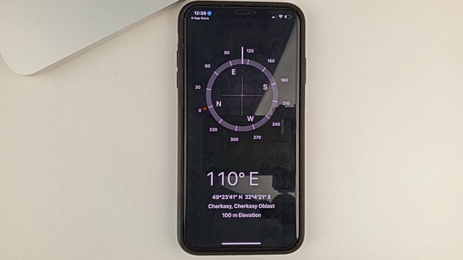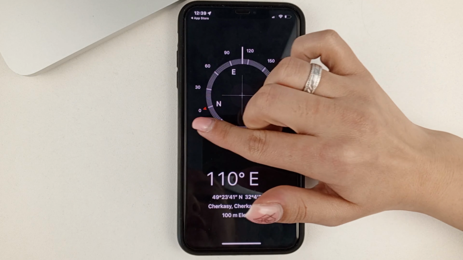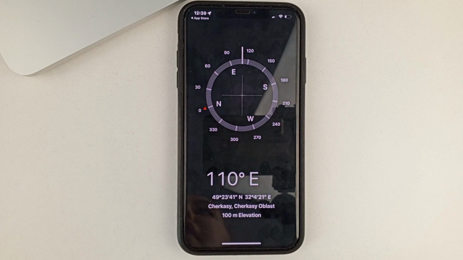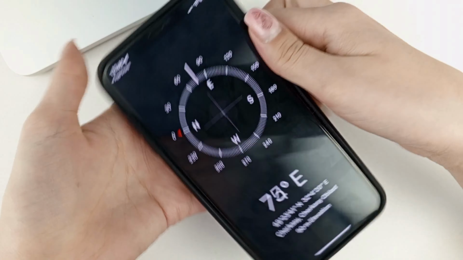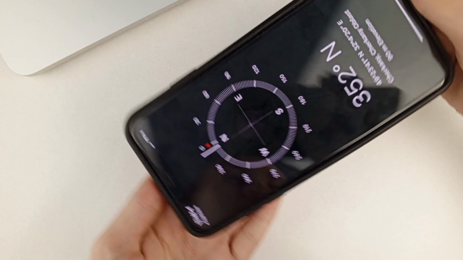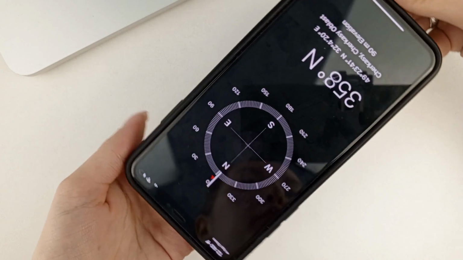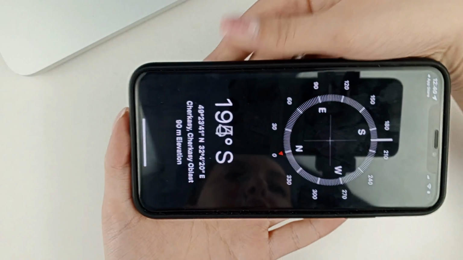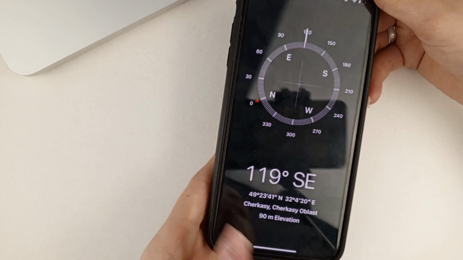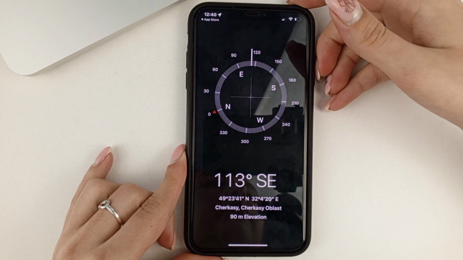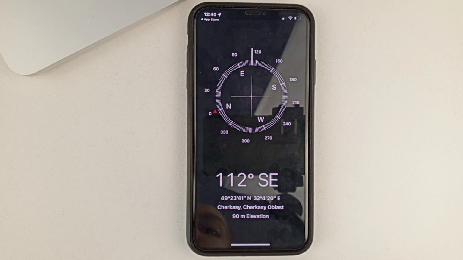And as you can see, right away, it shows you a compass. And this red arrow right here, and also the letter N, it always shows the north direction. So if you hold the iPhone in your hand, and if we start spinning it around, we can see that the arrow stays always in the north direction. But keep in mind that the compasses on phones are not very accurate, so there can be some glitches and inaccuracies in direction.